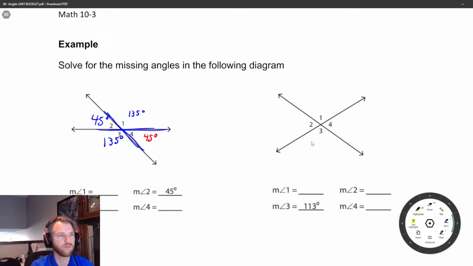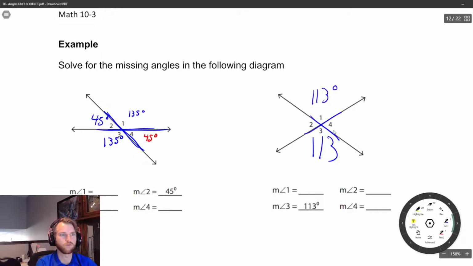So angle 3 here is 113. And so I have two straight lines crossing each other here. So right across from this one, right directly across, I know it's going to be the same. This one's going to be 113 degrees as well. Don't have to do any adding, nothing. Okay. These two lines, if I want to find angle 2,